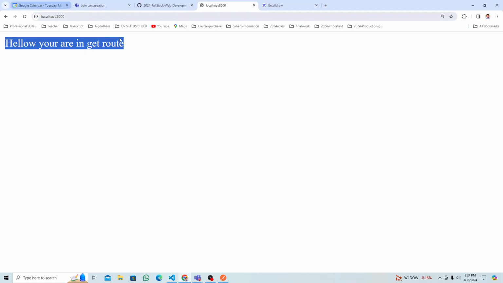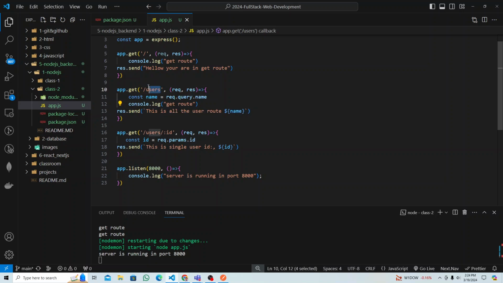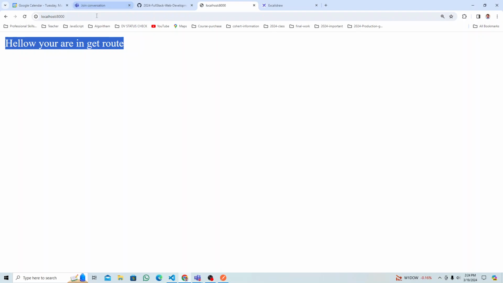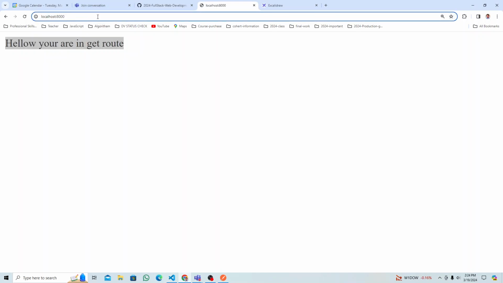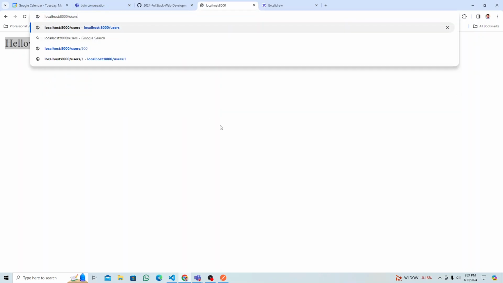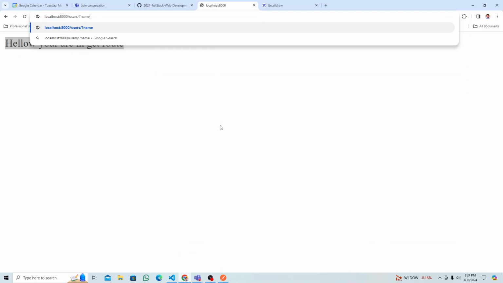All right, and let's go back to the route and check. So that is the route for users. Here I'm going to pass the name query. So let's do that. That is localhost slash users slash, and I'm going to put question mark name equal to, and